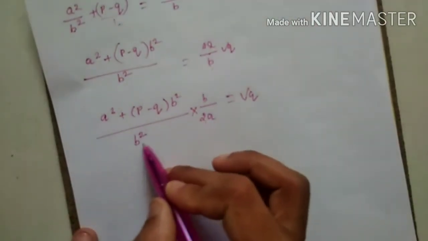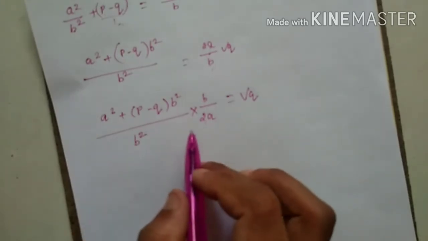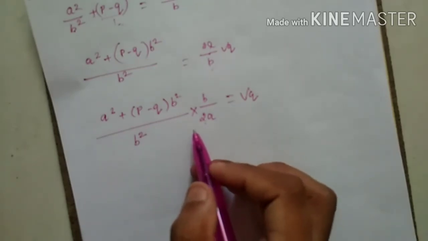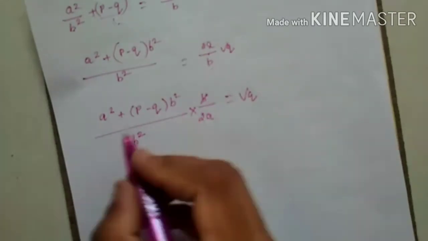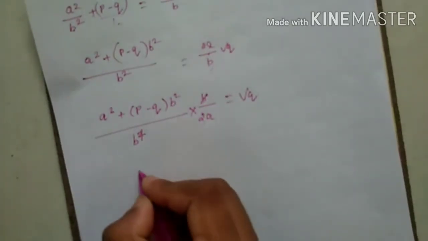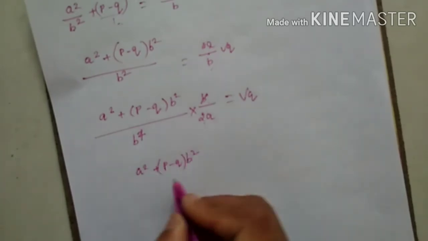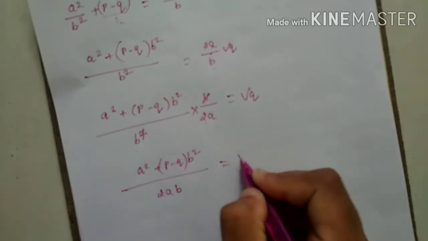Here is 2a, here is b square, so I have to take LCM as 2ab. Just see how to solve next. Anything is dividing or not. Just see, b is dividing with this square. What remains: a square plus p minus q b square upon 2ab is equal to root